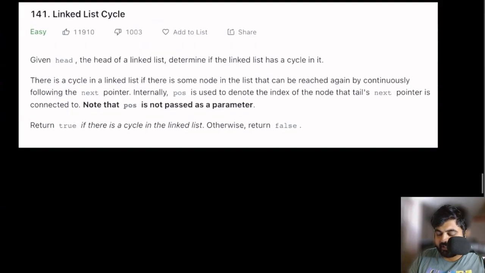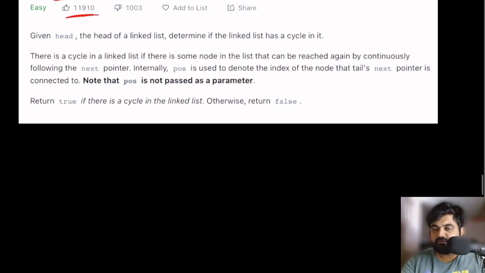Now I already explained to you before how you were able to find the middle pointer, but I haven't shown you how you can detect a cycle inside the linked list. And if you see, this is a greatly liked problem on linked list on LeetCode, which is pretty awesome. We should always try to aim for more liked problems, because they have been widely accepted by the community and the interviewing community as well.